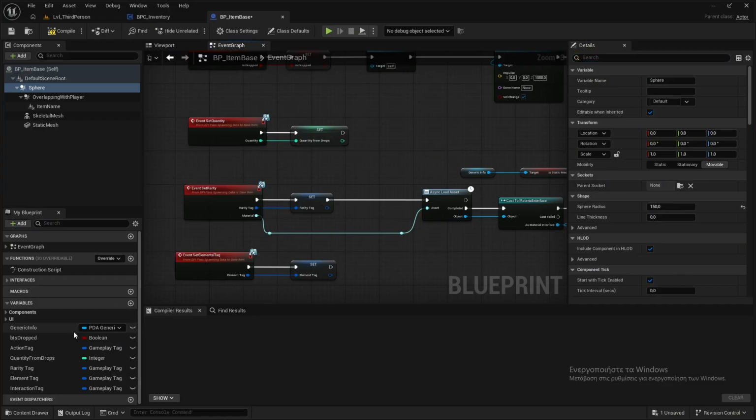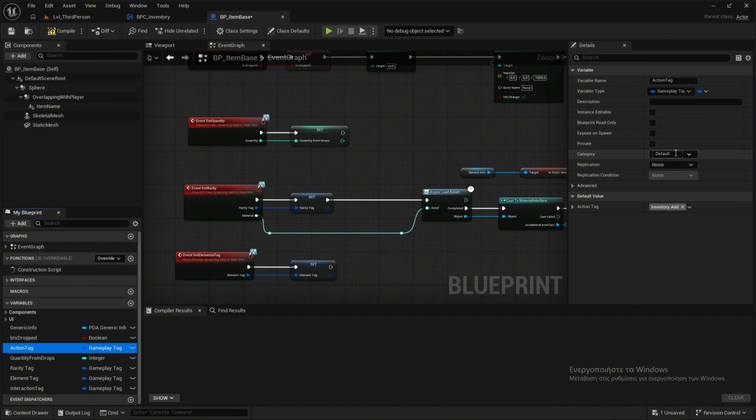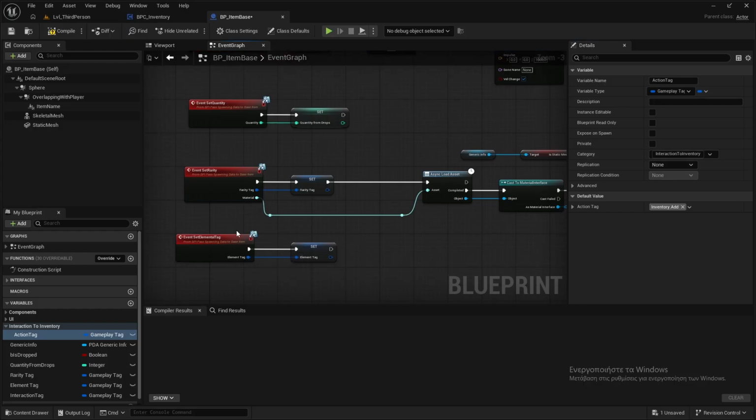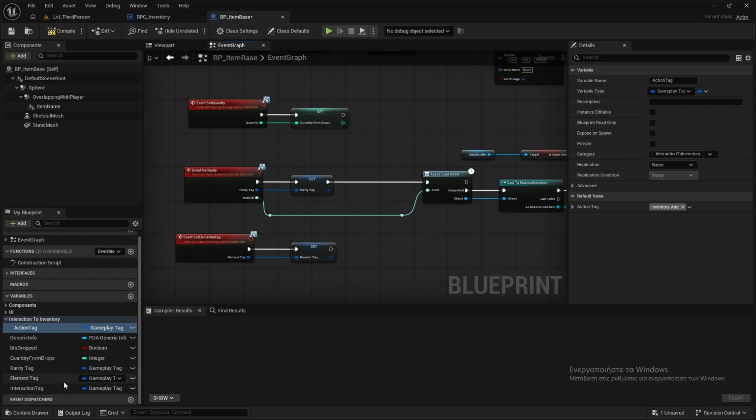The second thing, I'm going to make some categories. For example, the action tag is the interaction to inventory, and this will be a public variable. Also, the interaction tag will go to this category as well. This will be also a public variable, and that's because I want to be able to change it from the child blueprint, but the